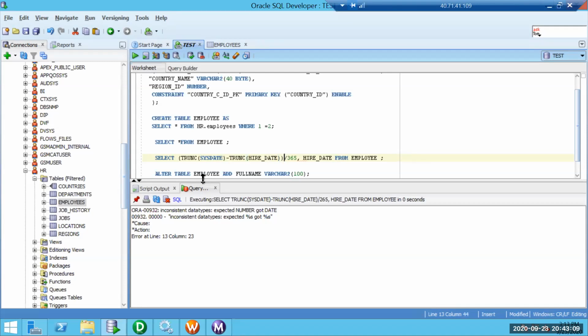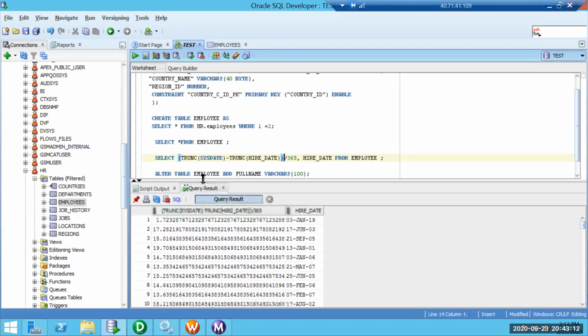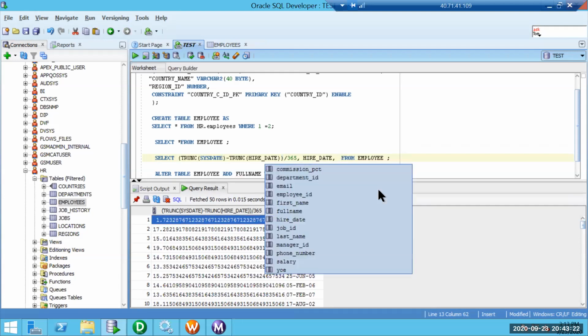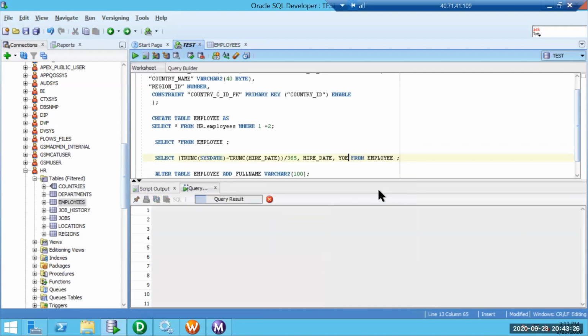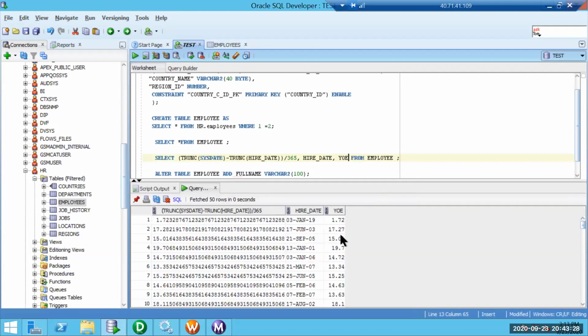We will get the similar data. Yeah, 1.72. It is being rounded off to 1.72. That is exactly what we are getting in years of experience, which is populated by Informatica using the date diff function. This is perfectly what we have got.